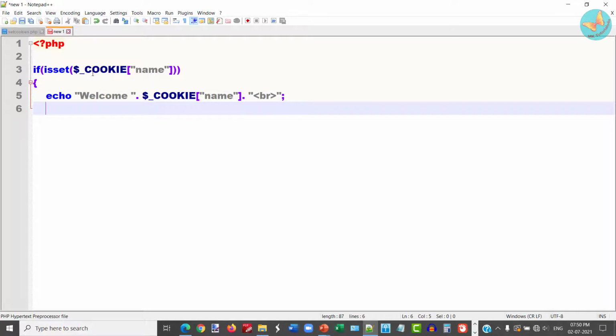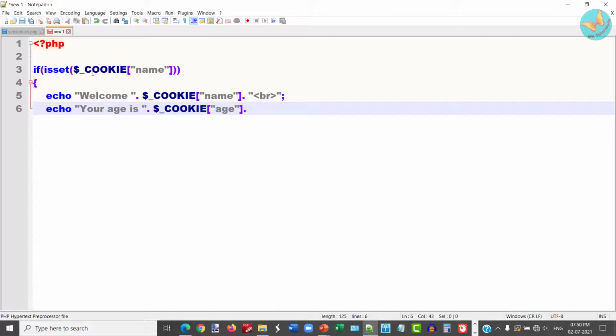Now other than this I also want it to display that person's age. So again I'm going to write here your age is, and for accessing the second cookie, this time within the square brackets I will write the name of the cookie. Now if you recall, I have given the cookie names as name and age.